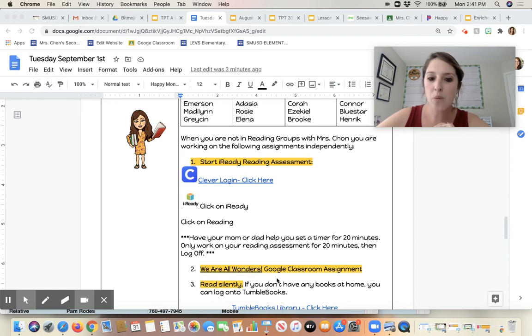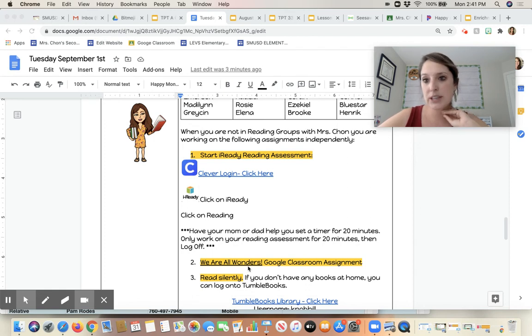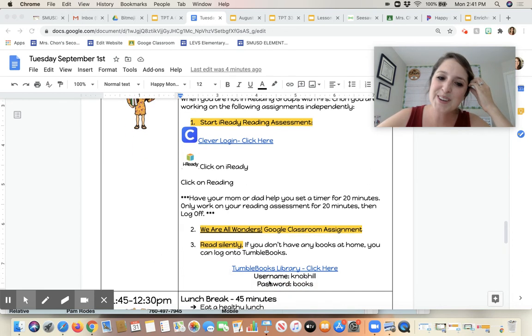It says, We Are All Wonders, and it's our Google Classroom assignment. They know that they need to log on to Google Classroom and complete this. It might take some of them longer or shorter. That's okay. If they finish early, they're just going to read longer. And when they're all done, they're going to read silently, or if they can read out loud, they're not in the classroom, their choice.